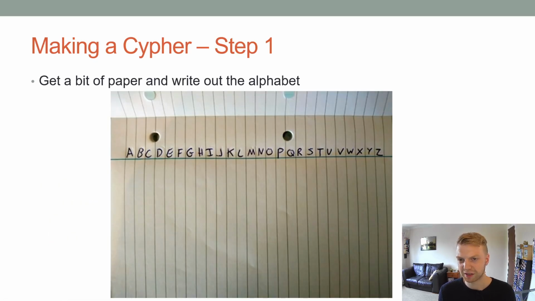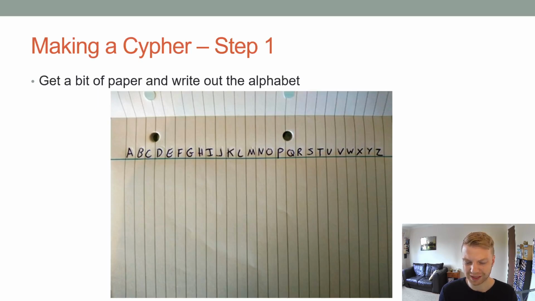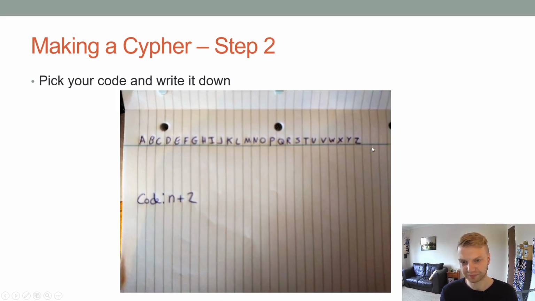We're actually going to try doing this ourselves. So this is the most simple type of encryption, just to get an idea behind it. And so you'll need a pen and paper for this. I've done it in a lot of steps, just so it makes complete sense what I'm doing. It looks like there's about 15 steps, but it's just because I've broken them up so small. So the first thing you've got to do is get a bit of paper and just write out the alphabet, just like that. Then you have to write out your code. So the first one we're going to do is +2, and the first couple questions I've got on the quiz is also +2. So you just do this to remind yourself. I don't know why it's n+2, it just is.